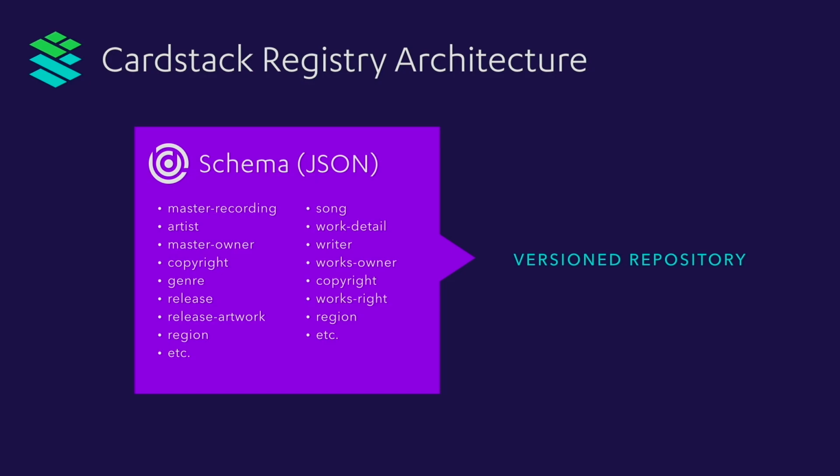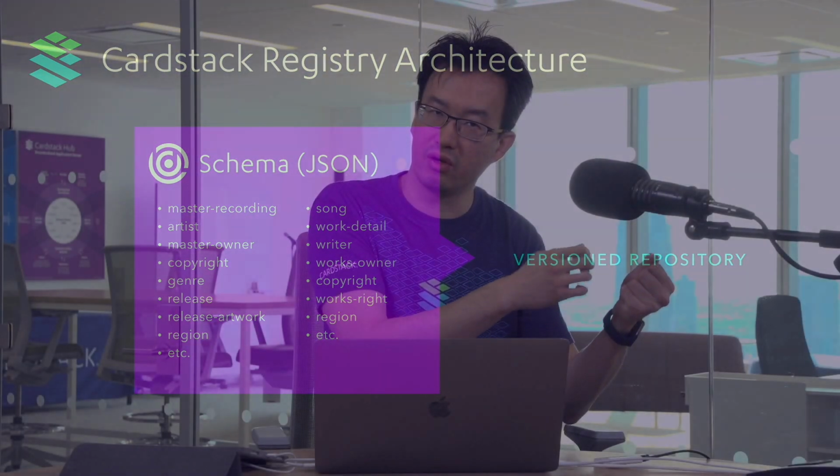For those who've been following Cardstack, you would know that we're using a combination of a version control system, something like Git or GitHub, and a blockchain. The version repository would be the GitHub part. We would put this information in a repository, and Git is a version control repository that